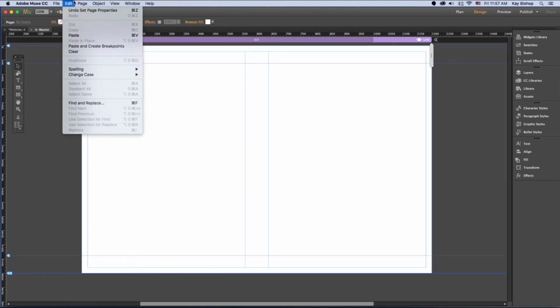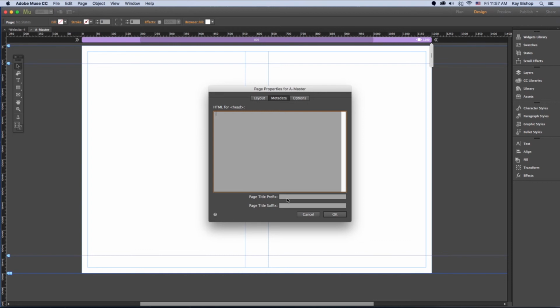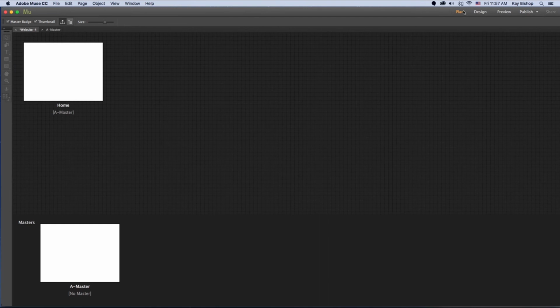I'm going to go back to Page Properties, and in the metadata I want to give it a page title prefix and give it a title here. And then go back to plan mode,